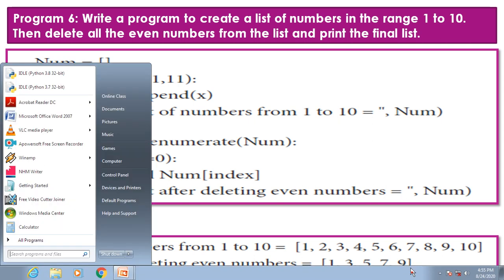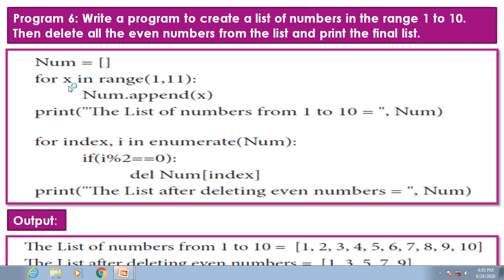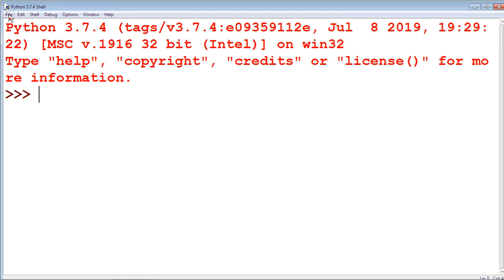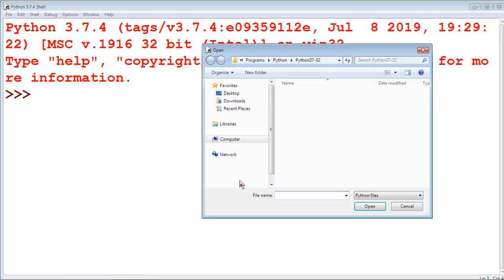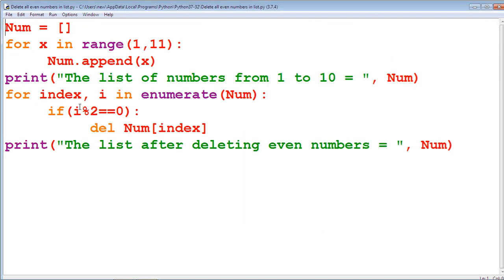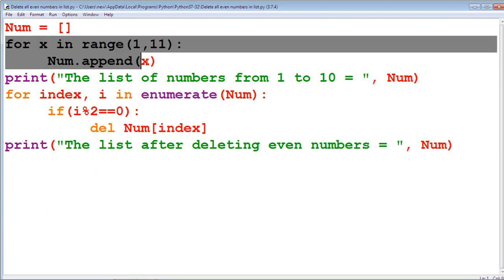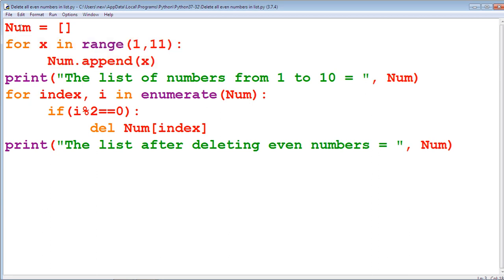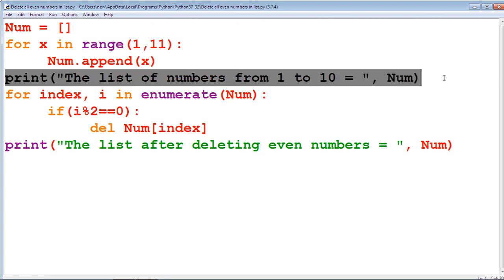We are going to check this program by using an IDLE Python window. File, open, delete all even numbers from the list. In the first section, each value from 1 to 10 is appended to this list num by using this for loop, and this num is printed by using the print statement here.